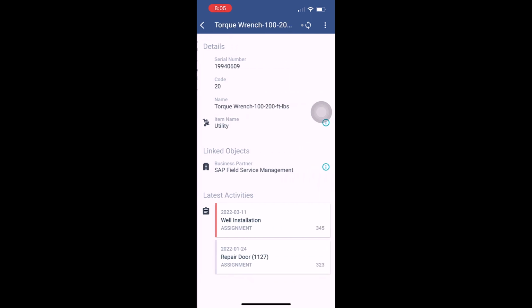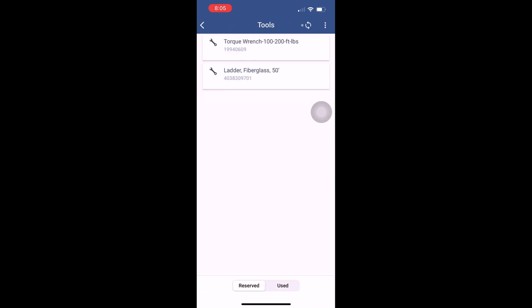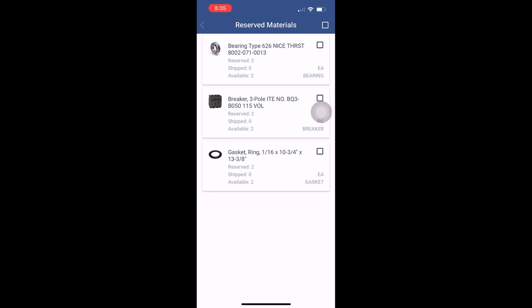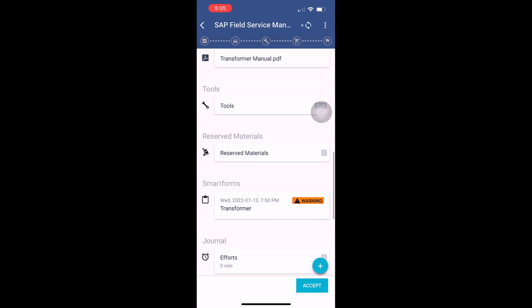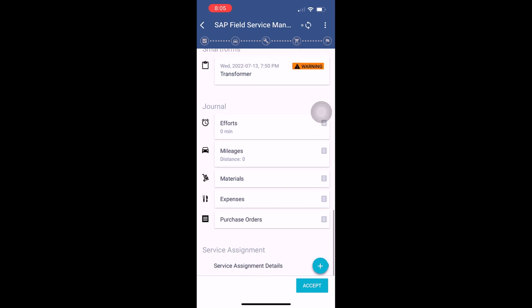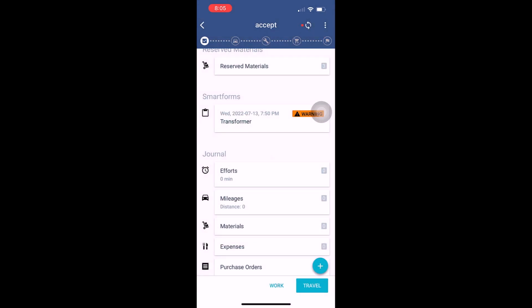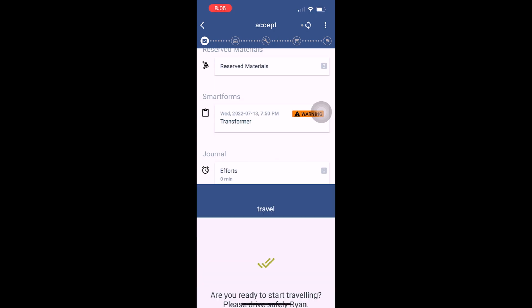Particularly here, I'm going to be working with a torque wrench and a fiberglass ladder, so I'll confirm that I have those in my truck. As well, I can see the reserve materials that are coming from the bill of materials. When I'm ready, I'm going to accept the work. So this is going to indicate that I am ready to proceed to the next step, which is to start